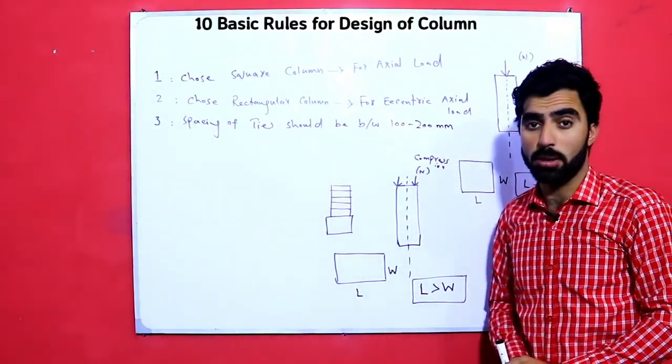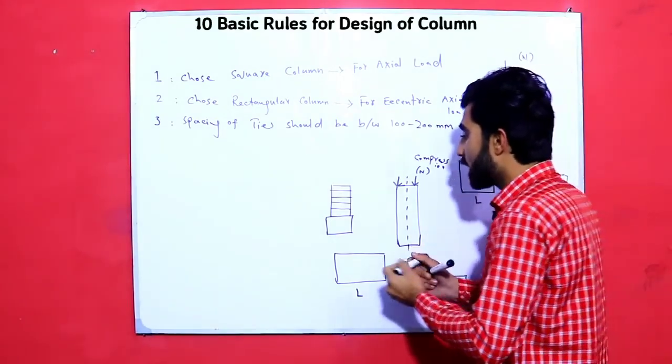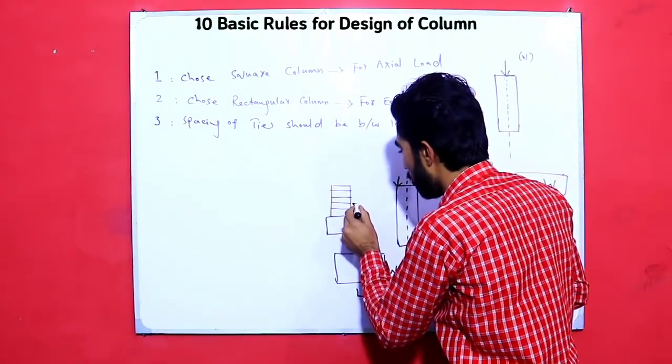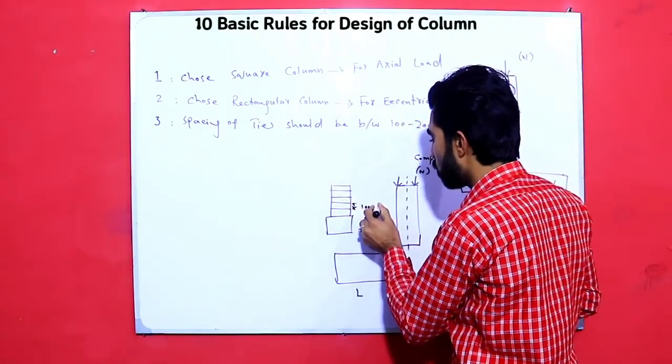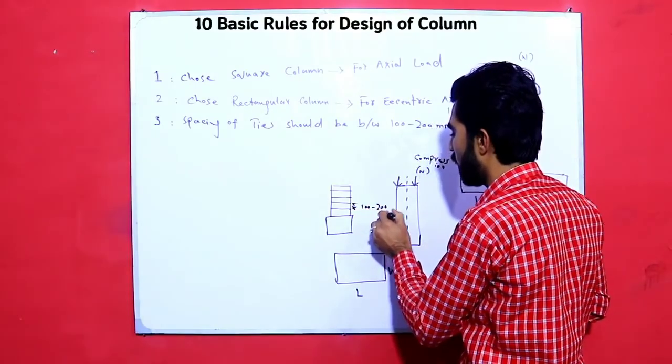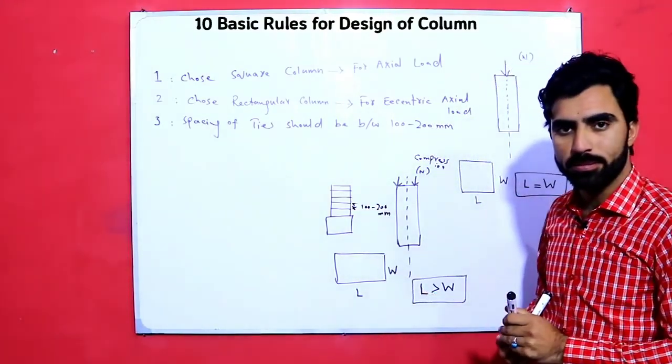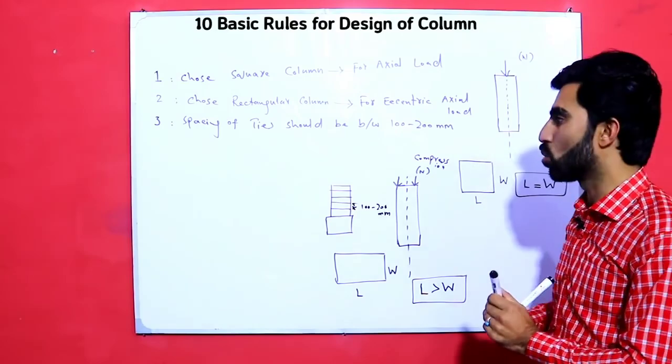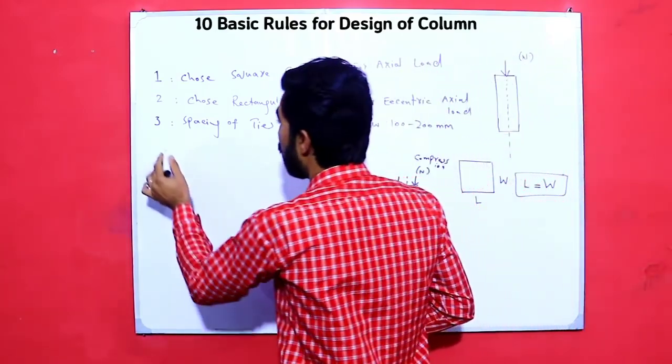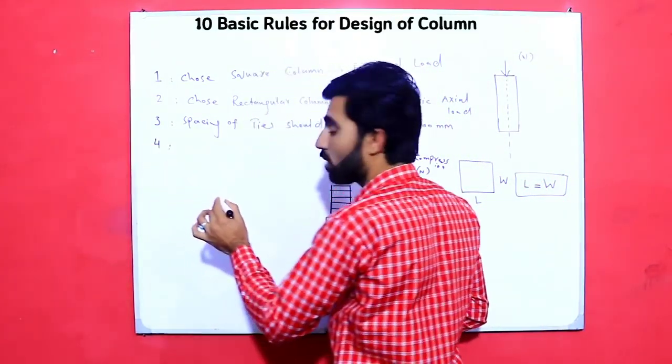This is the second basic rule. The tie spacing should be between 100 to 200 mm, and this you can select. This is the third basic rule. Guys, the fourth basic rule is,